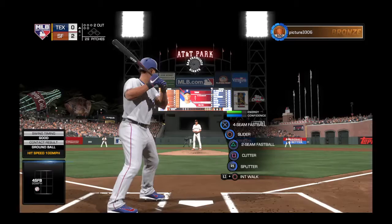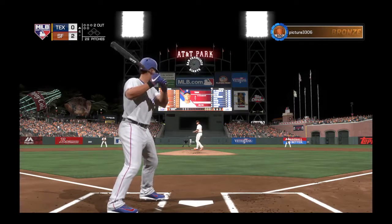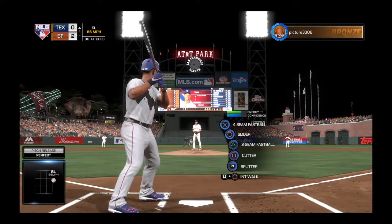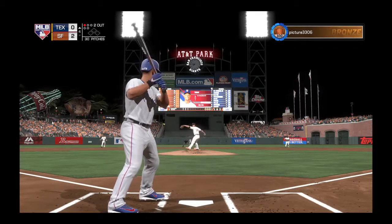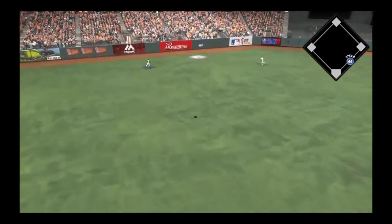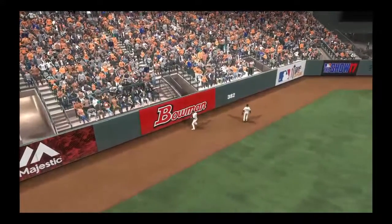Striding into the box, Adrian Beltre. He's 0 for 1 thus far. Now a check swing, but he holds up in time. Ball 1. That's a great check swing. That's tough to hold up on that pitch. It looks like a fastball, and the slider just breaks away from it. He's held up, though. Strong hands. Pitch swung on and hit in the air. And he will get there to make the running play, and that...